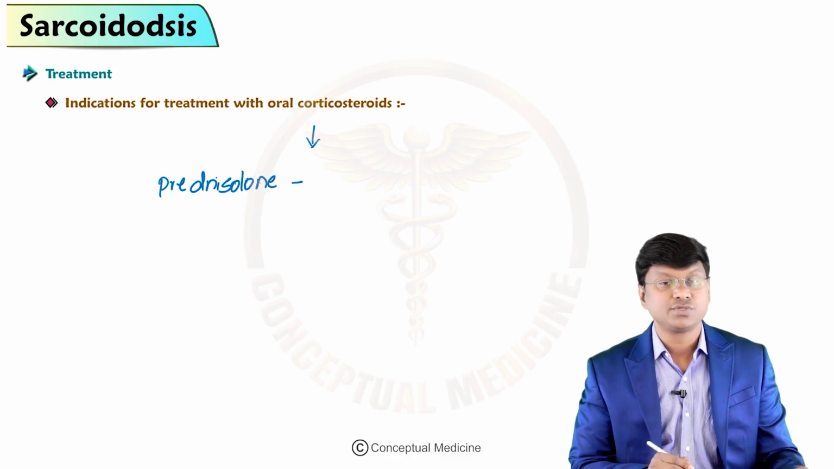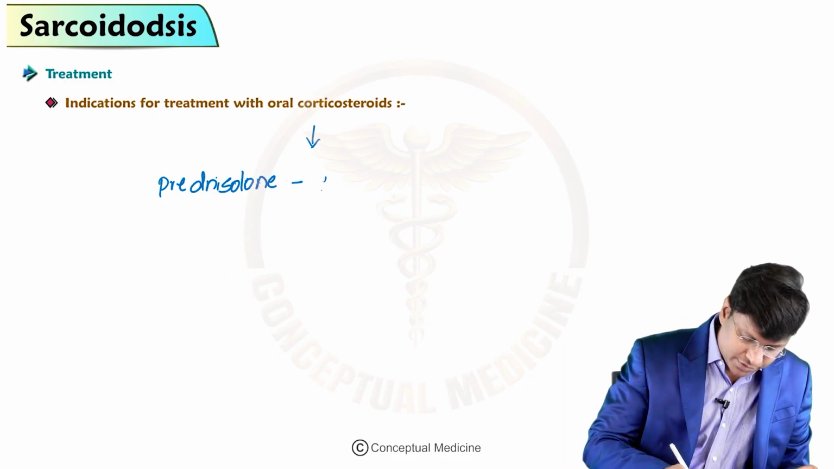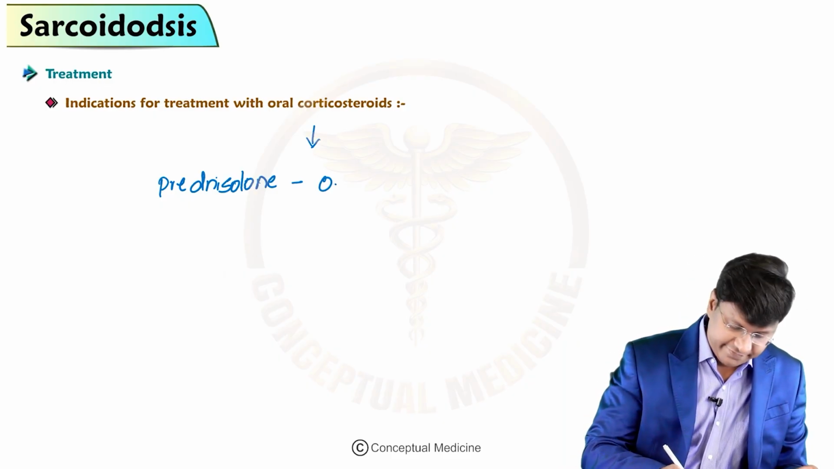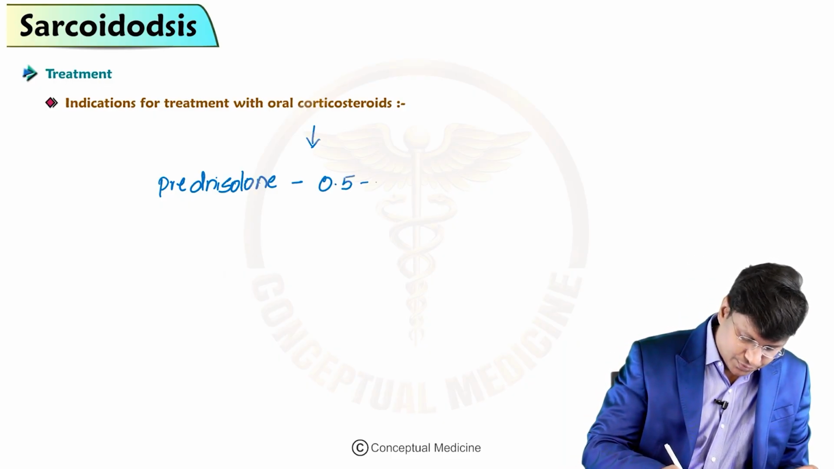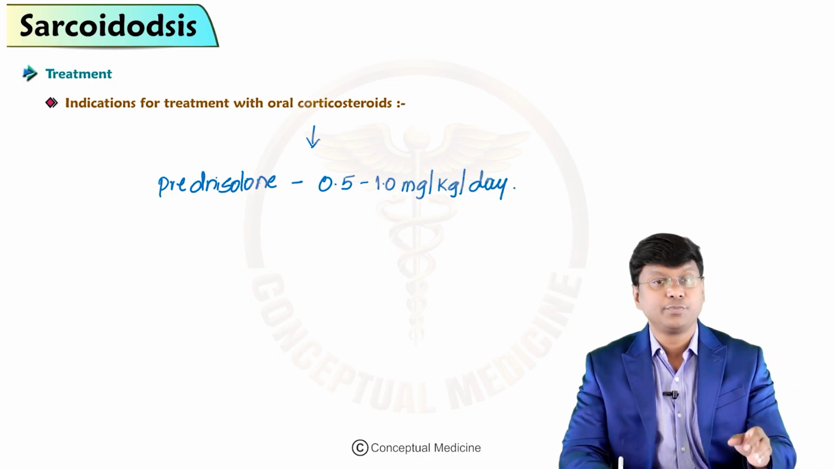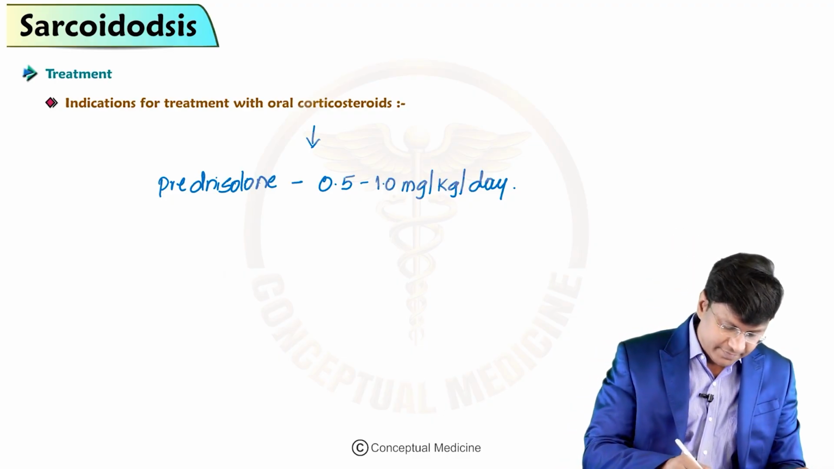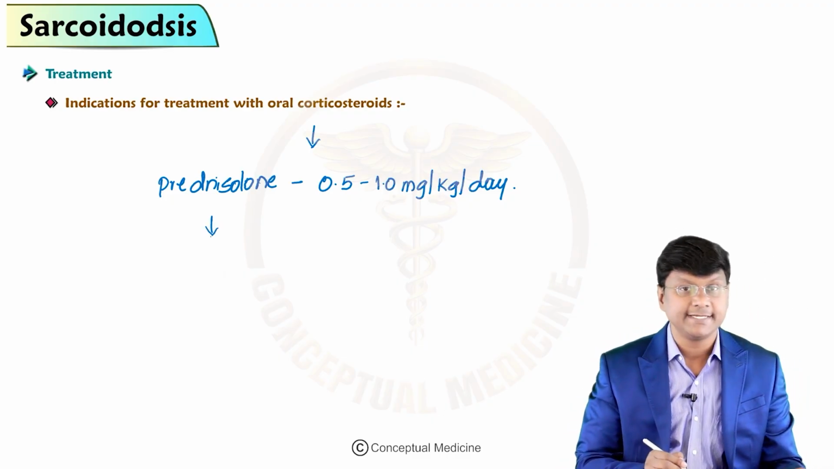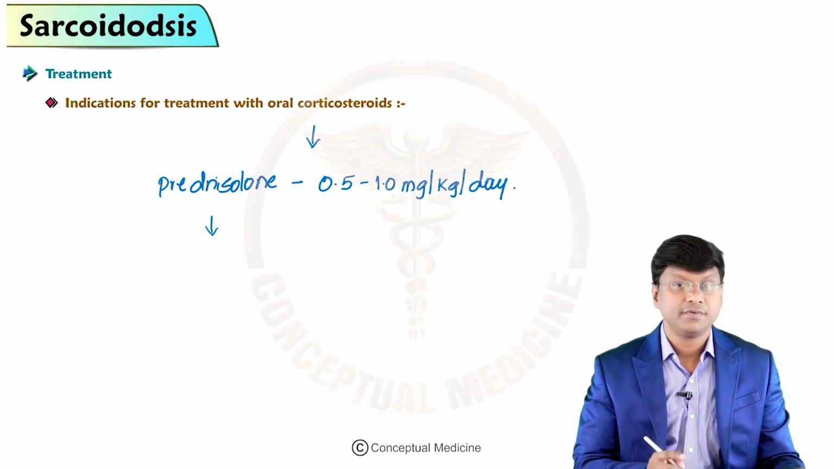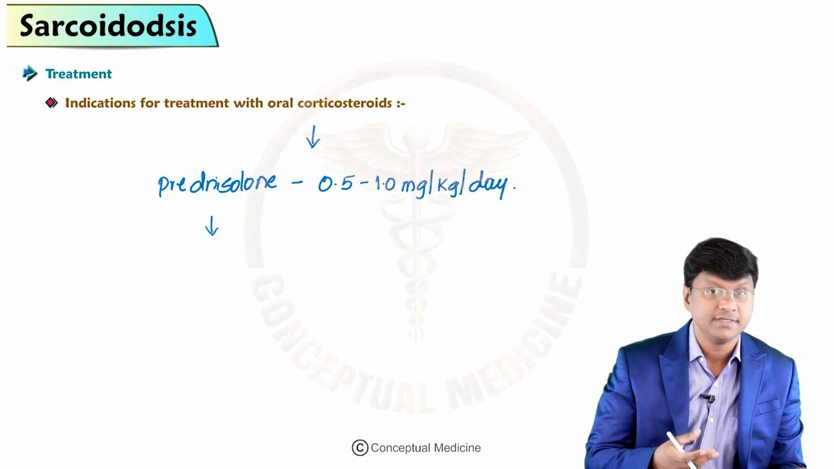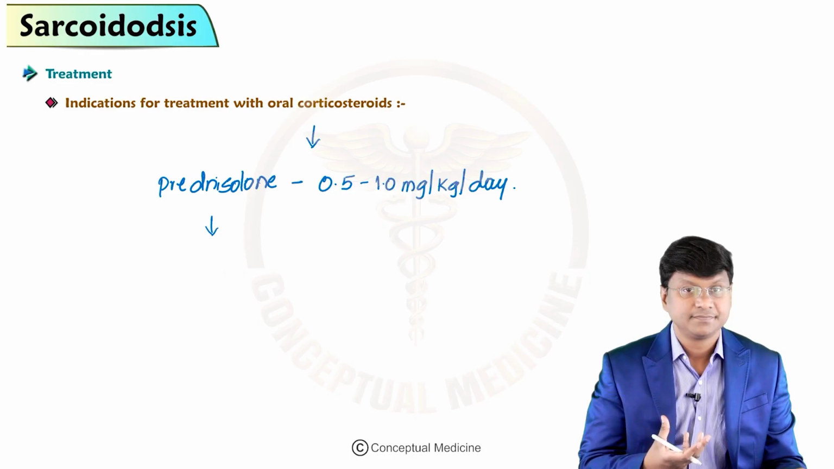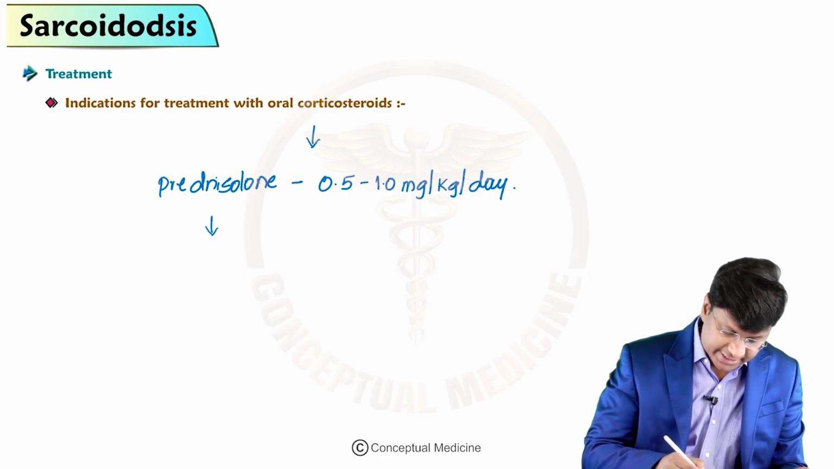And how much of prednisolone should be given? That should be given in a dosage of 0.5 to 1 milligram per kg per day. So the indications for steroids is that you have to give when the individual is having the lung involvement, that is in the form of the interstitial lung disease,